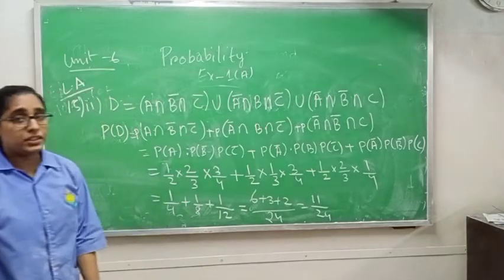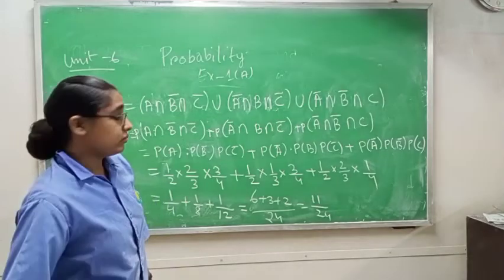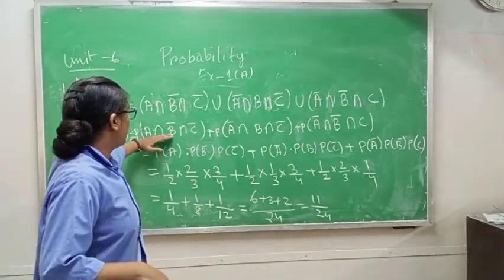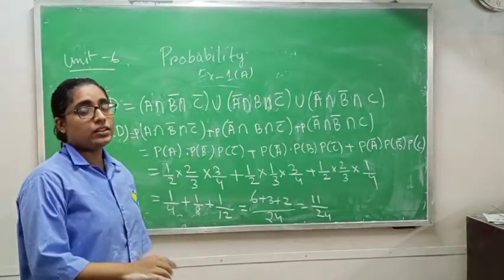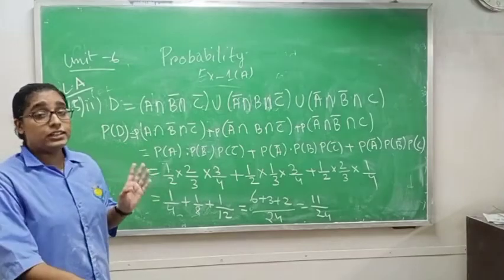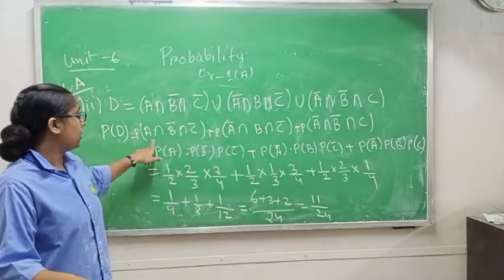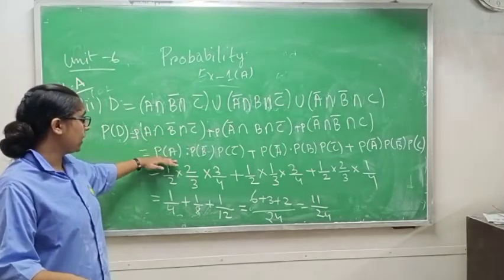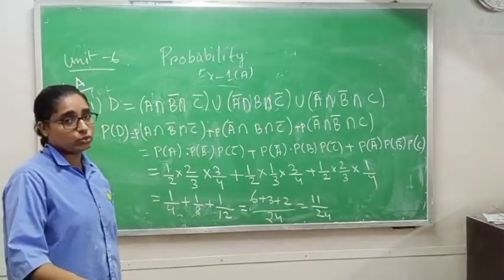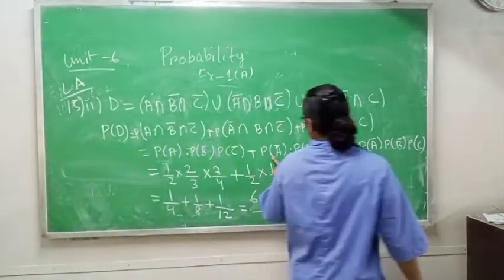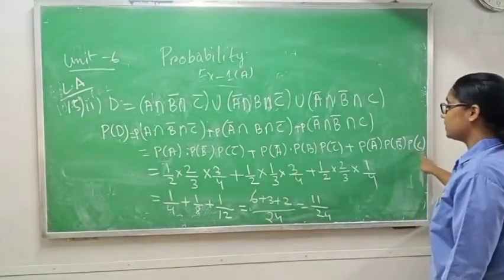Now you know that independent one. In the formula I told you the independent property is that when you have intersection they can convert into multiplication. Yes or no? Go to the independent formula and you will get that independently means A is not dependent on B and C. If A can solve, it can solve, B, C cannot solve that question. So PA dot PB bar PC bar means I am converting this intersection into multiplication using the independent formula. Now PA bar dot PB dot PC bar, then PA bar dot PB bar PC bar.